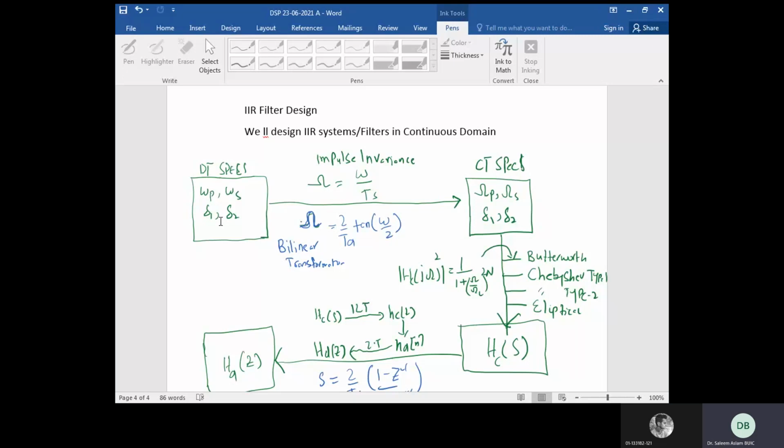But keep in mind, we are not achieving the objective directly. We can jump from here to here. That's possible, and we jump from here to here in FIR filter design. But in IIR filter design, we are not jumping directly from here to here. Rather, we first go to the analog domain. Then we use Butterworth, Chebyshev, elliptical. These are analog filter design techniques. These are not discrete filter design techniques. So we are designing it in the analog domain.